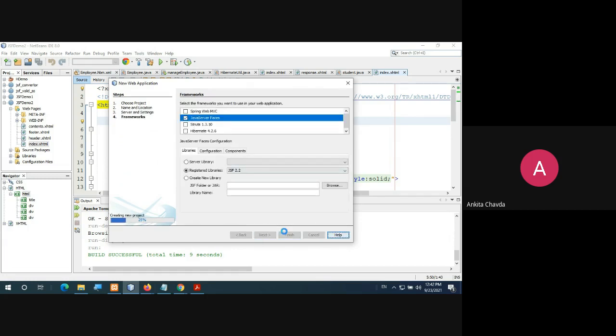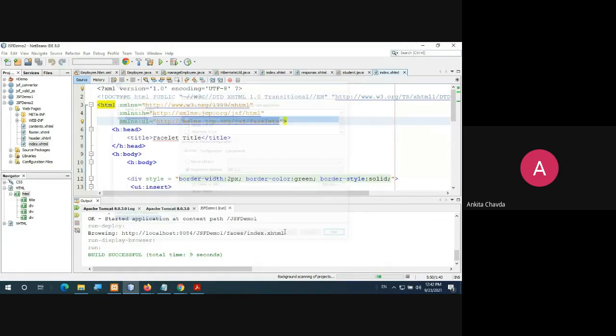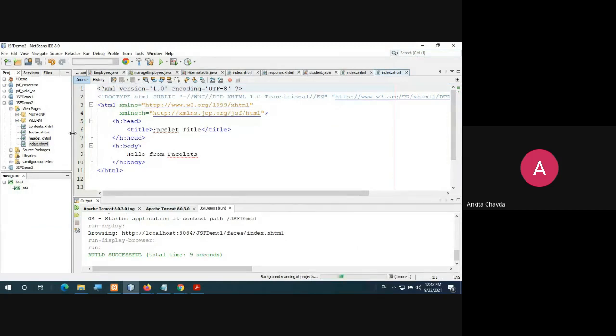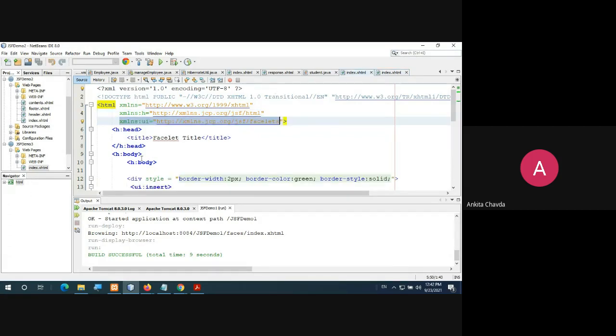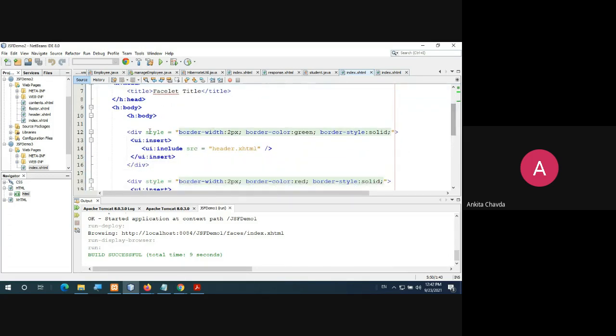Select JavaServer Faces. Here I have the file index.xhtml, right? You can check, you have only these two. Have you seen this? Facelets are not included. Inside this body, a div is not having any problem, but once I write the insert tag, it will have the problem.